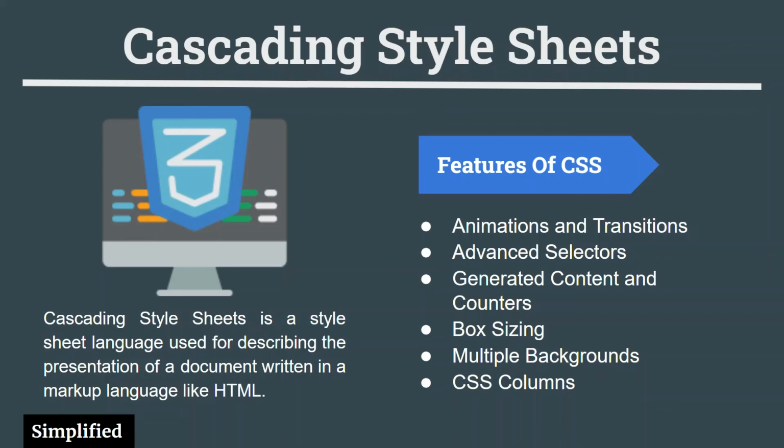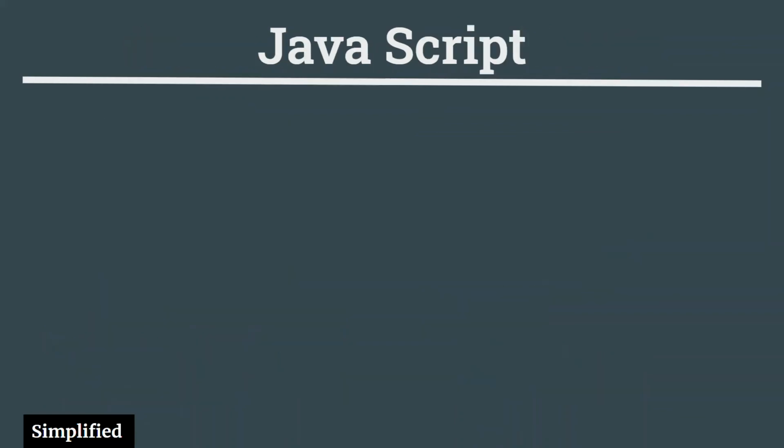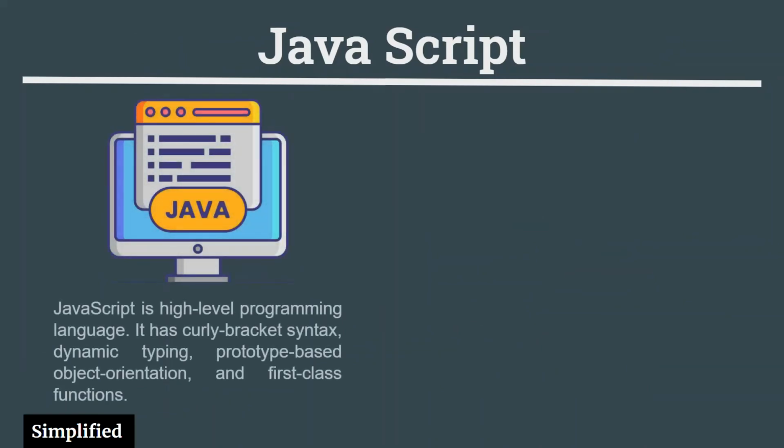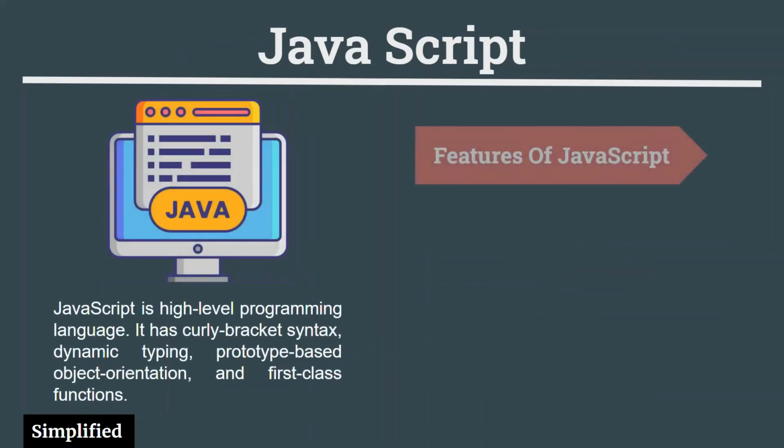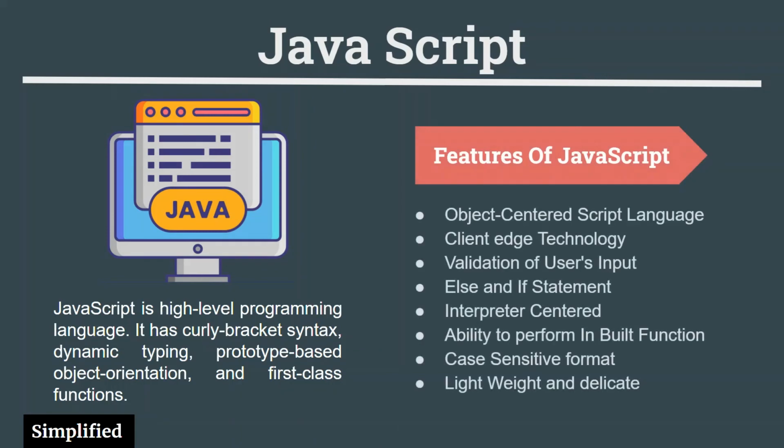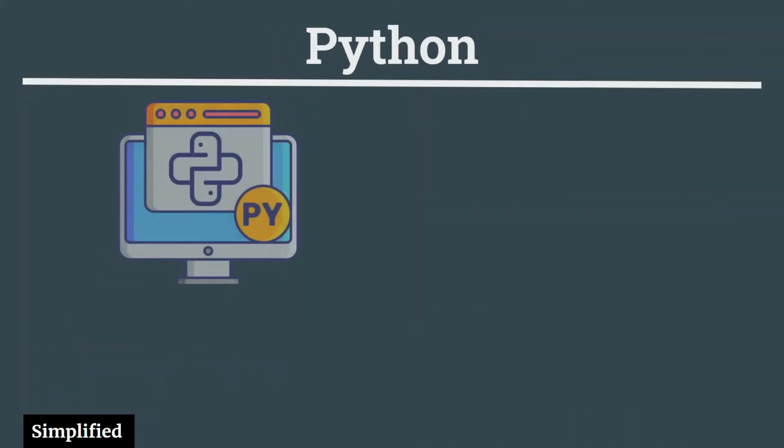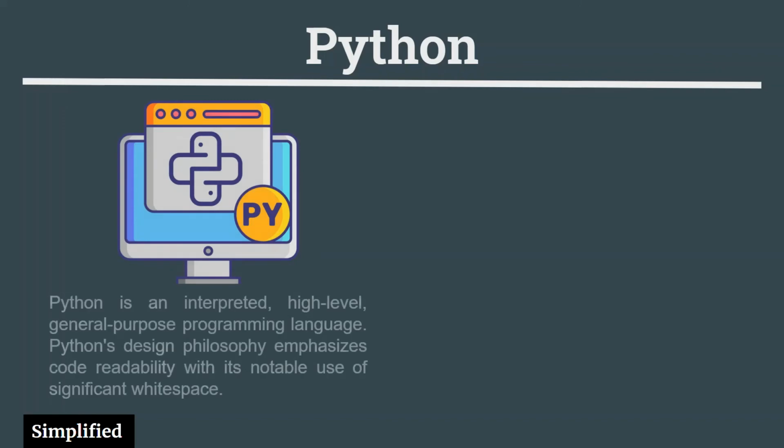Third, JavaScript (JS). JavaScript is a high-level programming language. It has curly bracket syntax, dynamic typing, prototype-based object orientation, and first-class functions. Fourth, Python. Python is an interpreted, high-level, general-purpose programming language. Python's design philosophy emphasizes code readability with its notable use of significant white space,